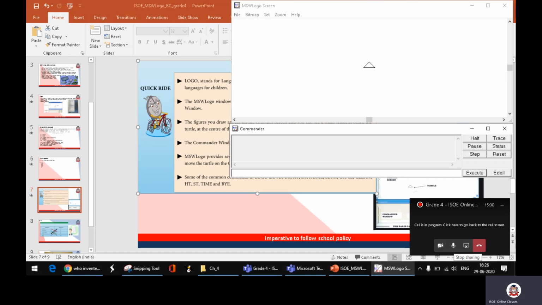How to draw a rectangle. Okay, FD 50. See here the commands, you can write them in smaller or bigger cases as well. Okay, FD 50, first I make it in this one. Then what you need to do is move the turtle so that it goes towards the right-hand side. So moving the turtle is nothing but the right command, RT space 90.